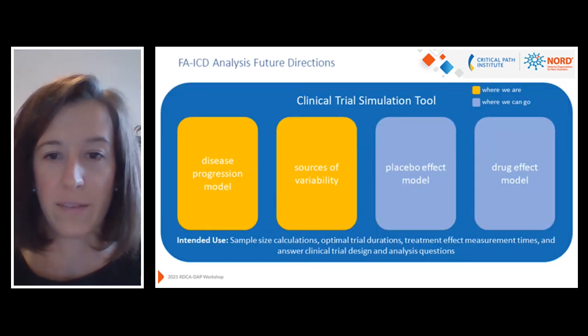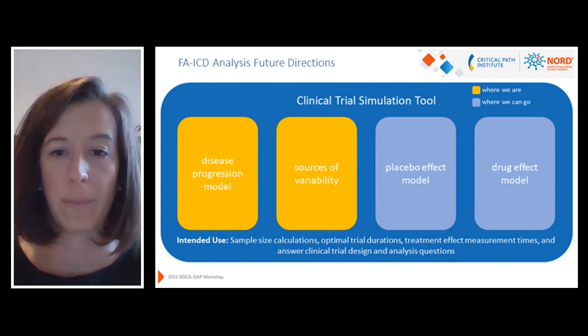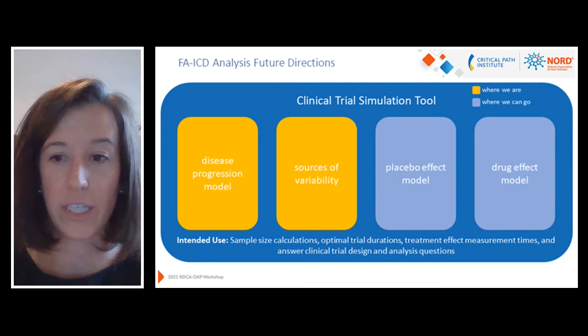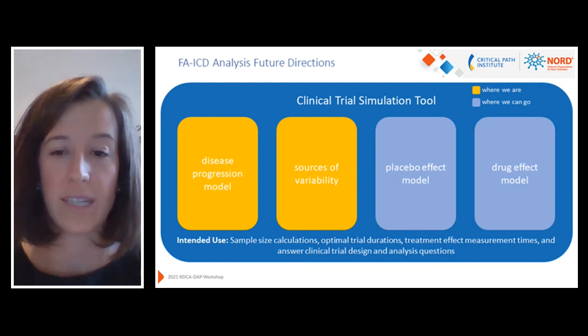And lastly, on the final slide, I will end here with the big picture of this effort, which is a clinical trial simulation tool that we aim to develop to be hosted on the RDCA-DAP platform. The intended use for this tool is to inform future clinical trials in FA by means of calculating sample sizes, optimizing trial durations and treatment effect times, and answering trial design and analysis questions to support the greater